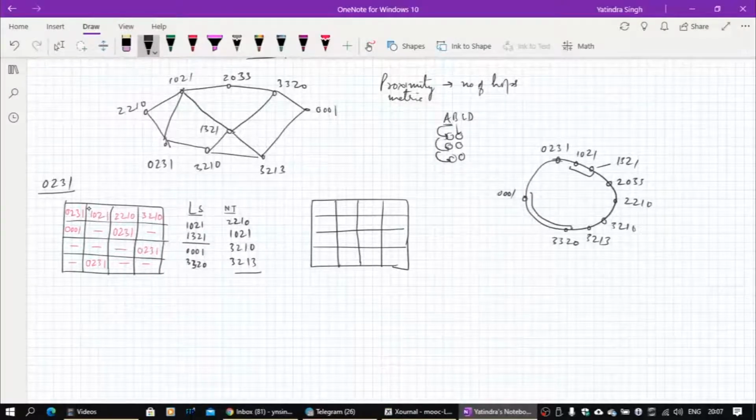Then we can start with 2033, which was our second node, and very quickly write it down. 2033 will be here. So I am filling up. I am not explaining how it is going to be done. Probably you understand it by now, but I have to just fill up the entries.